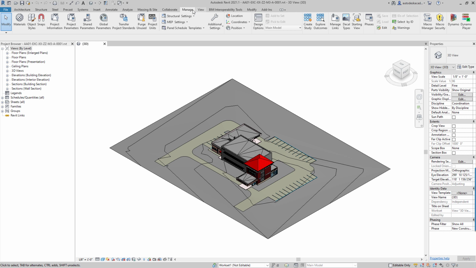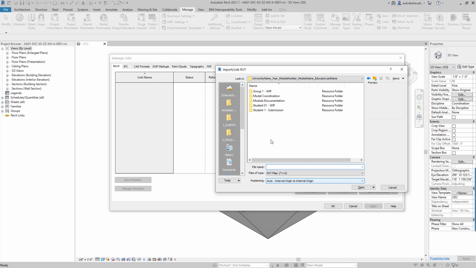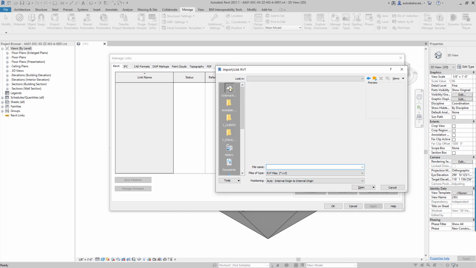Going into the Manage tab and then selecting Manage Links, we can now begin the process of linking in the Revit file from this shared folder. Selecting the Add button and then navigating to our BIM360 project, we can simply select the file that exists within this shared folder. Selecting the External References shortcut, we can then select our BIM360 hub, then select our project,